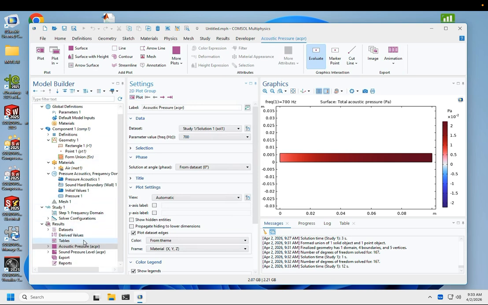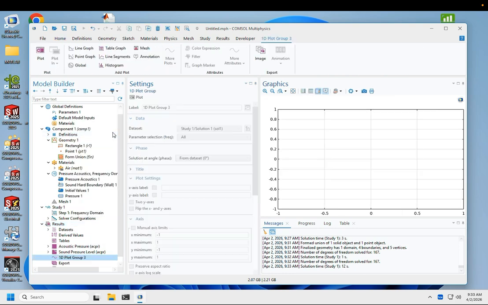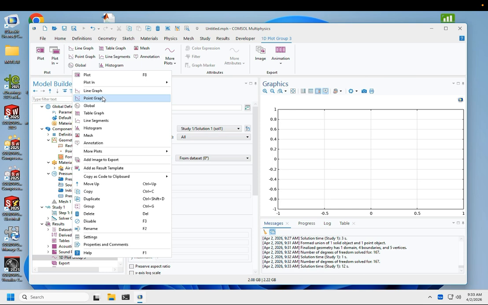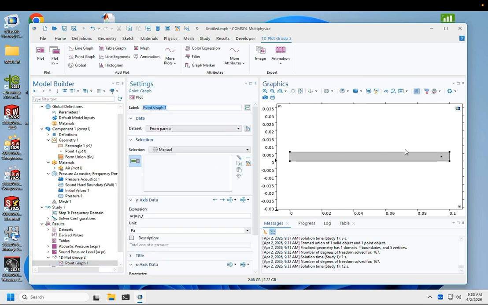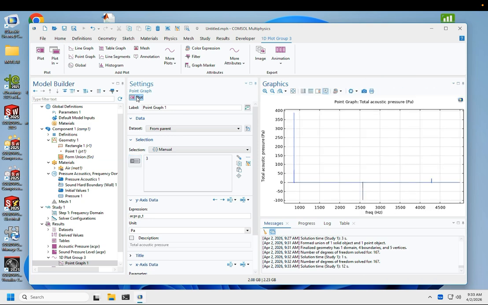So that's pretty good. We can go ahead and look at what it looks like. We can do a 1D plot of our solution for all frequencies. And we can just say, let's look at it at a point. We're going to pick this point, and we can just look at the pressure. And if we plot that up, you can see